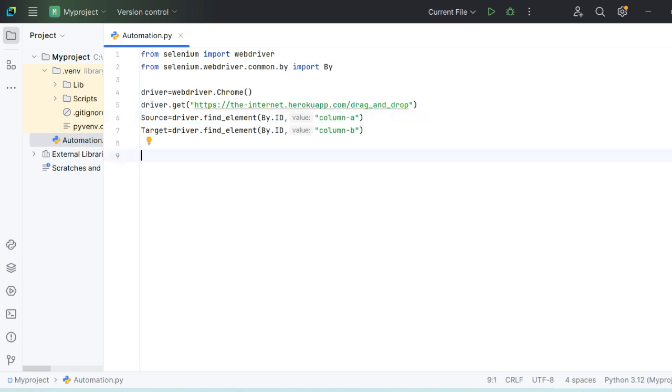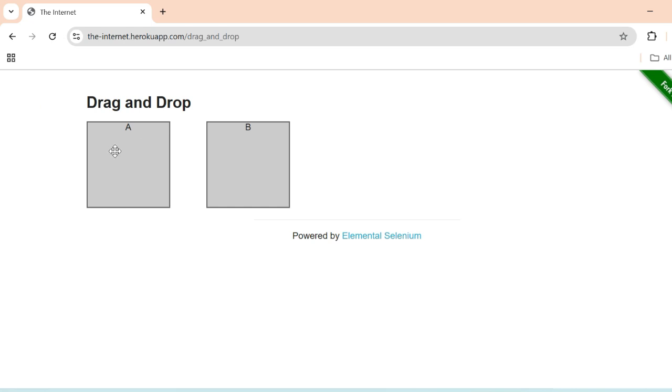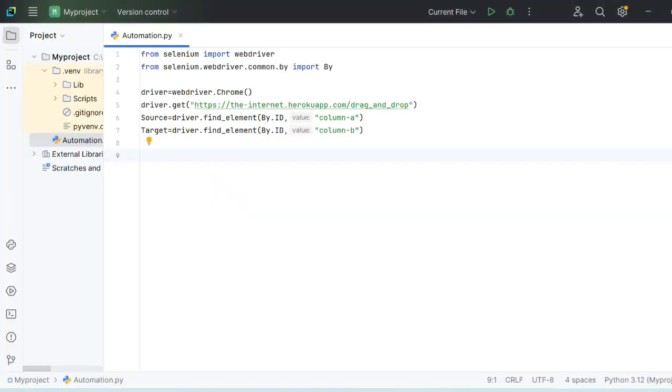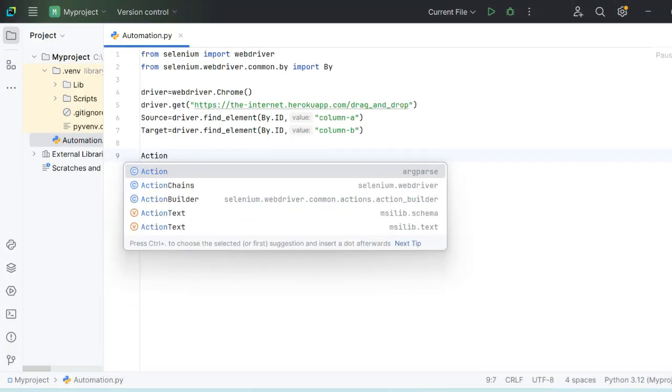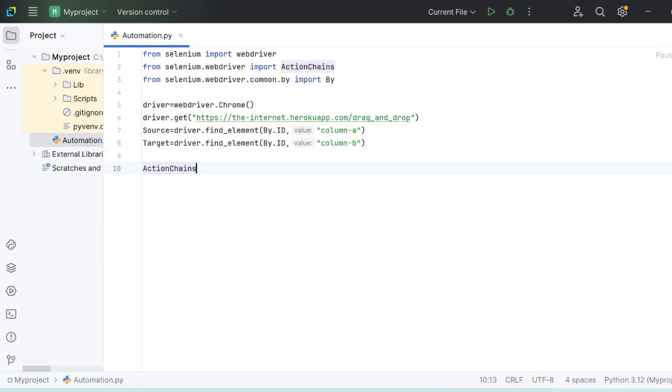So now we have to control the mouse action. See here, this is the action of the mouse only. We have to control the mouse to drag it and drop it over here. Whenever you deal with the action of the mouse, the class you will be using is ActionChains. This is the class which handles all the movements of the mouse. So I'll be using this class. For that, I'll write one reference variable, actions, assign ActionChains, and in brackets you always pass driver. See, this is the parameter you need to pass here. So driver,